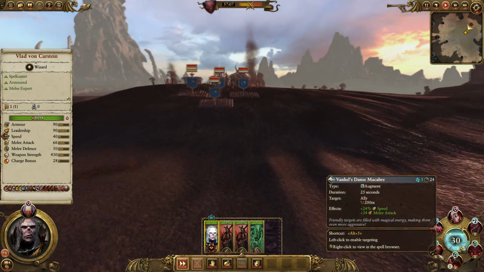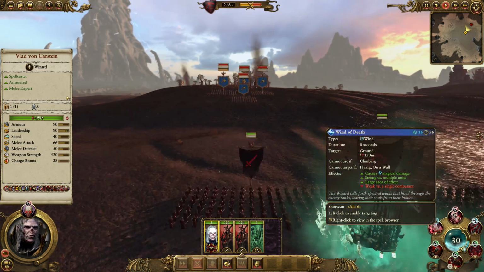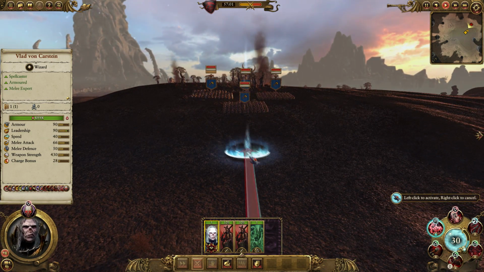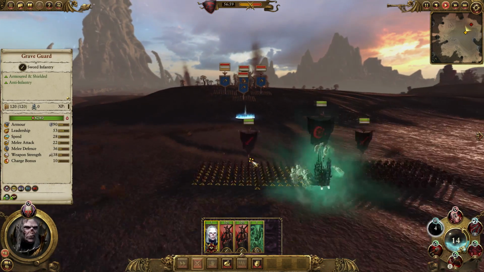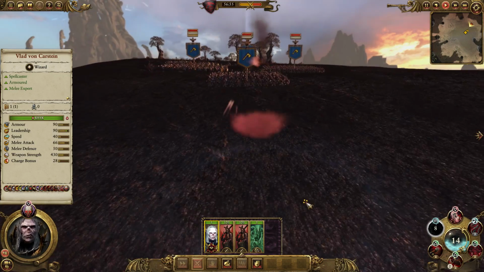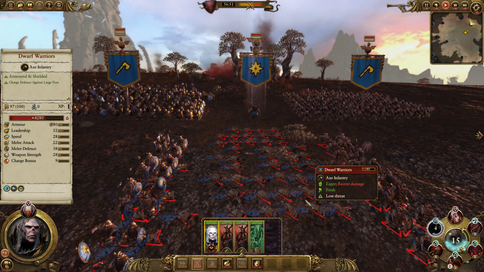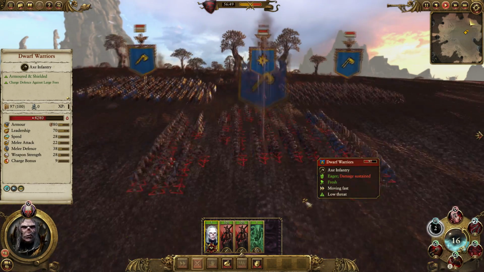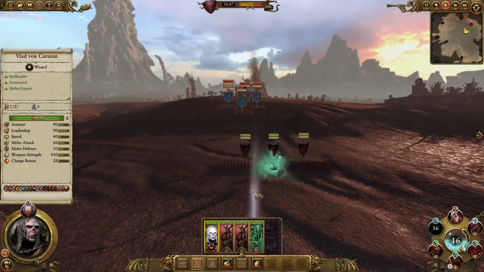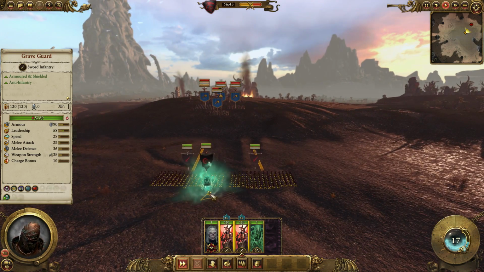What shall we do? Bit of Wind of Death. 150 range. We'll whack it right there. We might get them moving then. There we go. Hello. It's windy, isn't it? Do you want to come down and play? No. No. Okay. I could just sit here for the next 20 minutes casting spells, but...